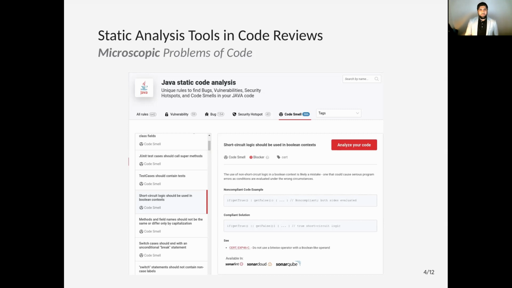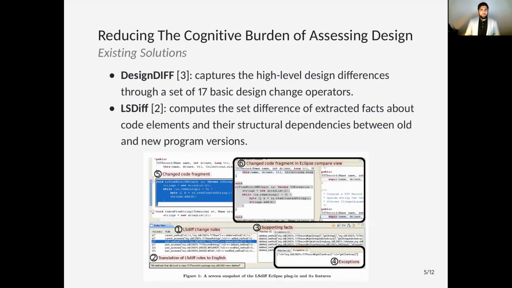So in terms of doing code reviews, hopefully I've been able to convince you that the majority of the tools we use are microscopic in nature. And if reviewers want to do a macroscopic assessment of incoming code, there are two real options. The first is that many reviewers might not even do that type of review. They might not even assess the design of the incoming code submission.